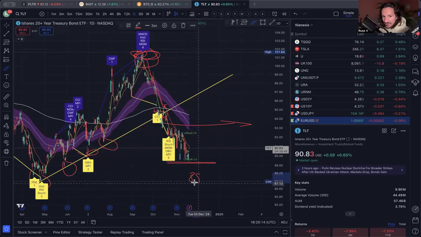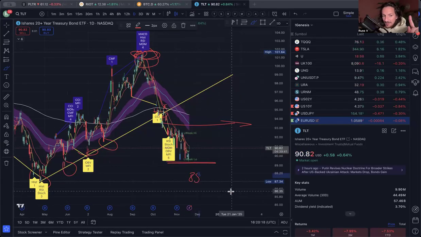89, let's mark it on the chart. This is the level where I would start to be worried about the market health. If TLT, which is right now at 90.8, starts to accept below this point, I would consider there is a danger. There is a danger for the stock market. And I also would consider there is a danger for any risk-on asset class, whether it's crypto, whether it's pretty much anything